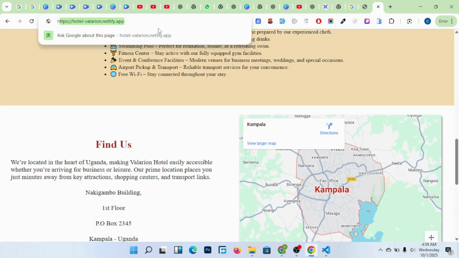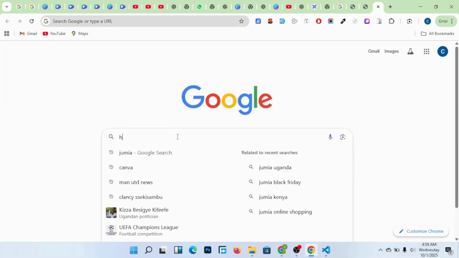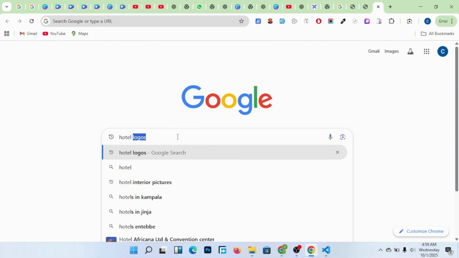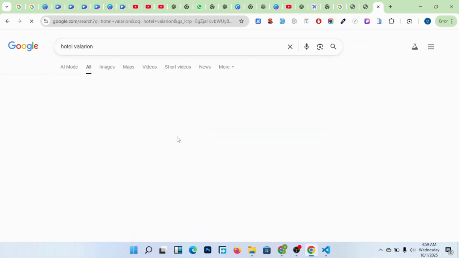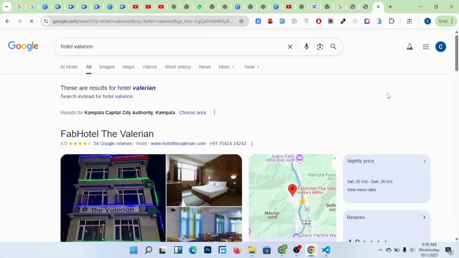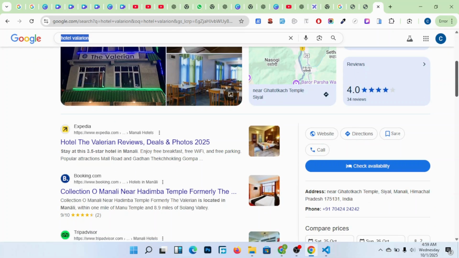But if you go on Google right now and I search, for example, Hotel Valerian, it brings me other things. This Hotel Valerian is not there. I'm just building this website for the very first time.